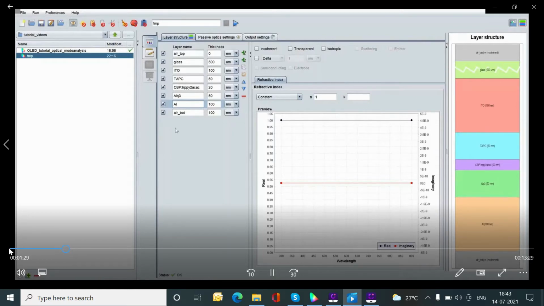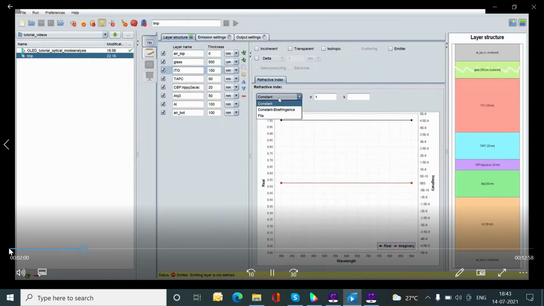And now, as I said, we will first perform an optical simulation, and for that purpose I have to enable the emission module, and then I have to provide optical material data for the different layers. So for the glass, I use a constant refractive index of 1.5, and this is treated as non-absorbing. So the extinction coefficient is 0, and the layer is treated as much thicker than the wavelength of light.